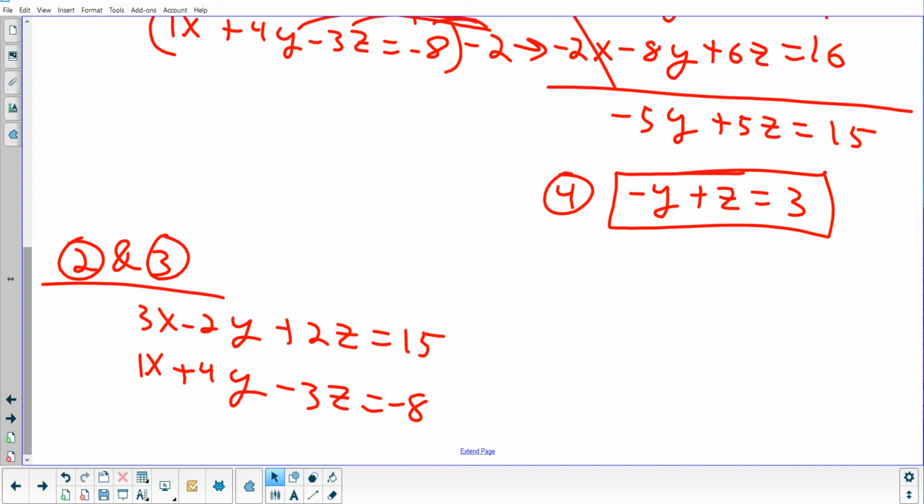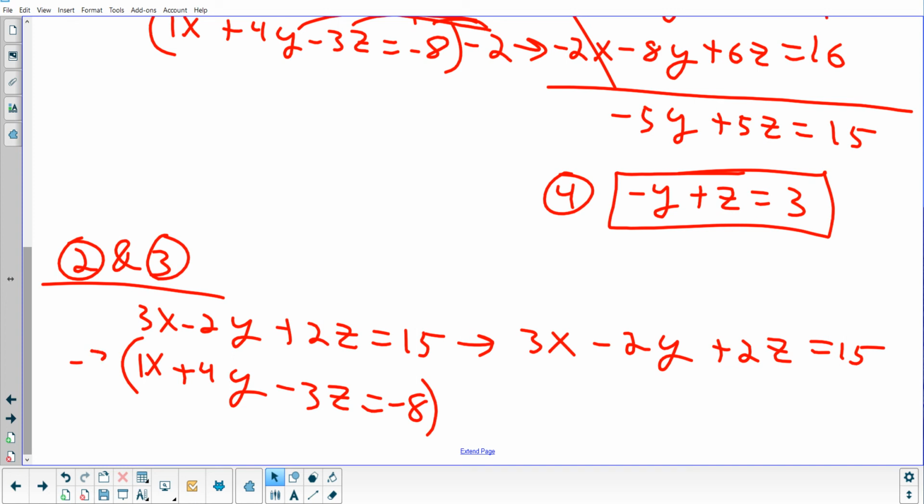So, what's the least common multiple between 1 and 3? 3. So, we're going to leave the top one the same. It already has a 3. 3x minus 2y plus 2z equals 15. And what are we going to multiply the bottom one by? -3. And when I do that, John, what do I get? -3x minus 12y